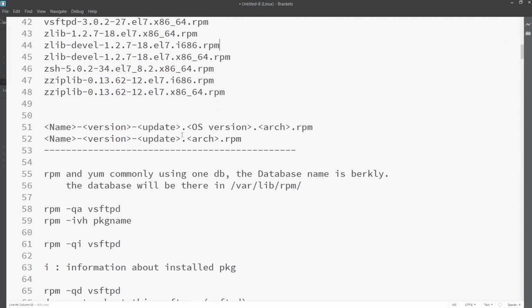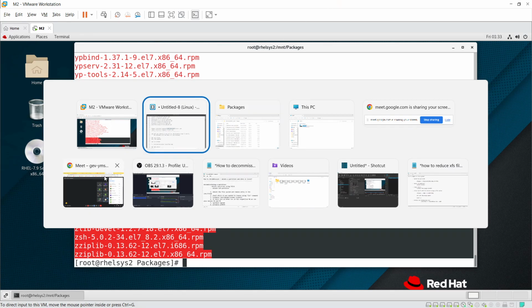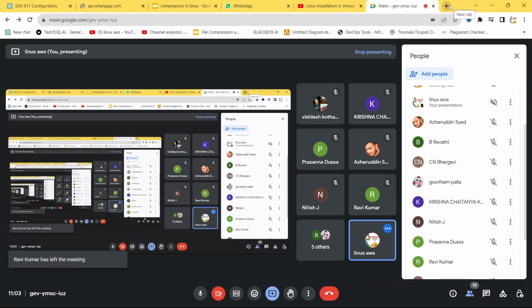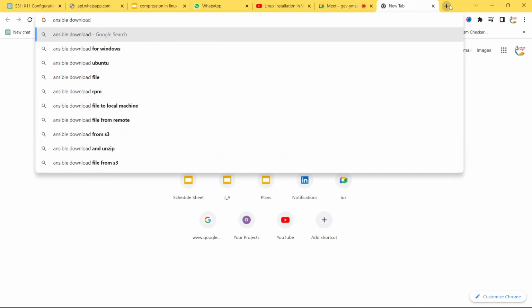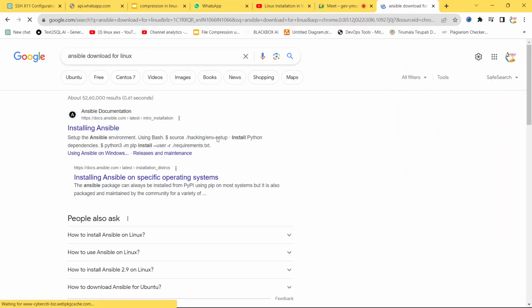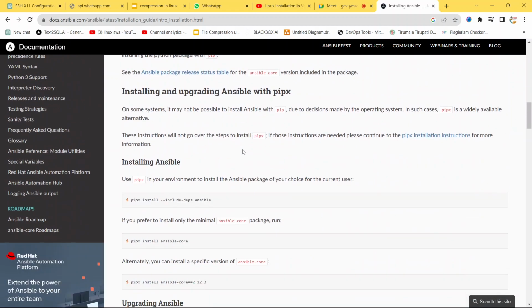For a few packages there will not be an OS version. For example, I wanted to download Ansible, installing Ansible for Linux. Here if you see, you have many things.